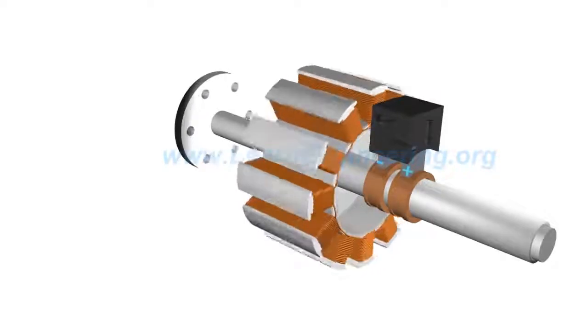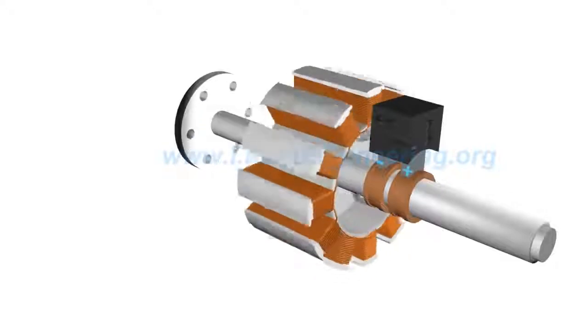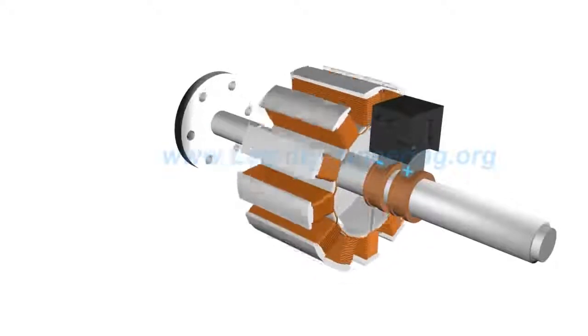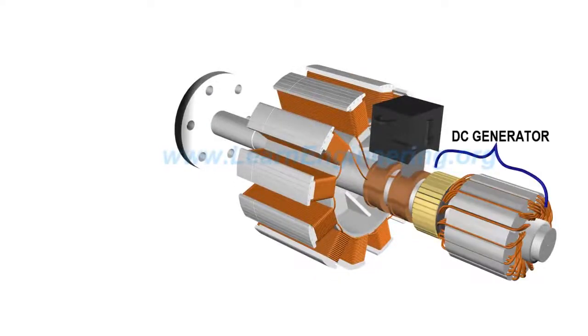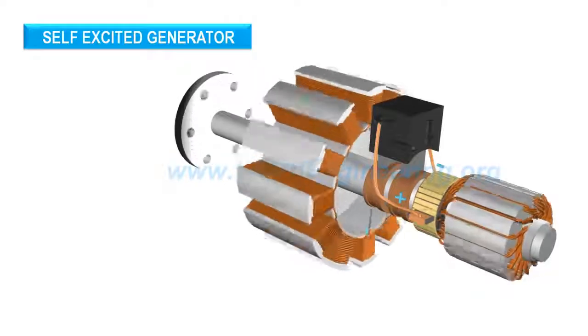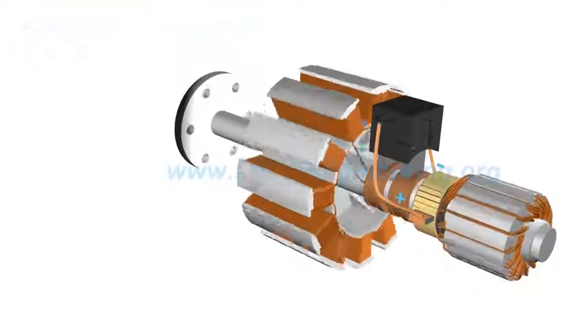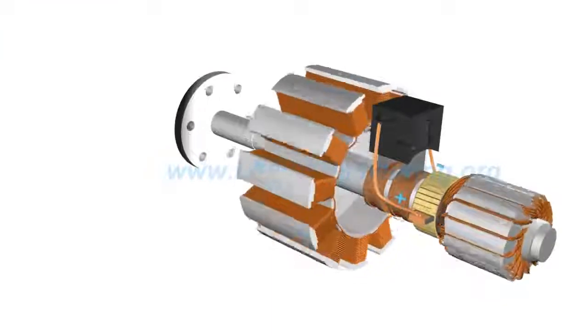DC current is supplied either from an external source or from a small DC generator which is fitted on the same prime mover. Such alternators are called self-excited. With variation of load,